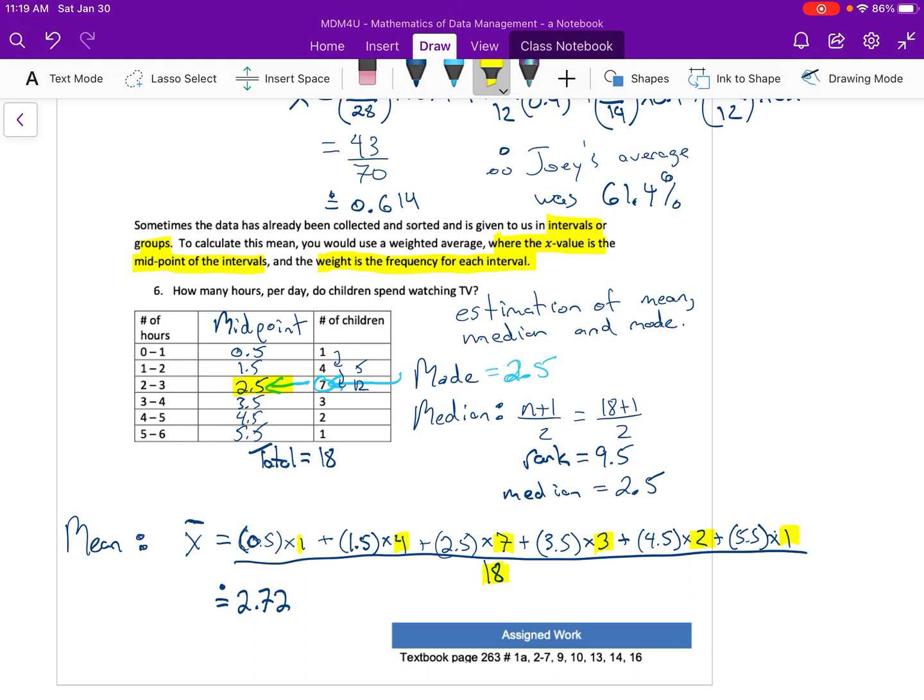Okay, so there's a bunch of questions here to try in the textbook. Make sure you try them all because there are some slight differences between them. Okay, let me know